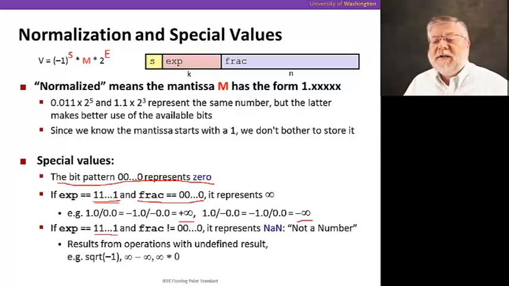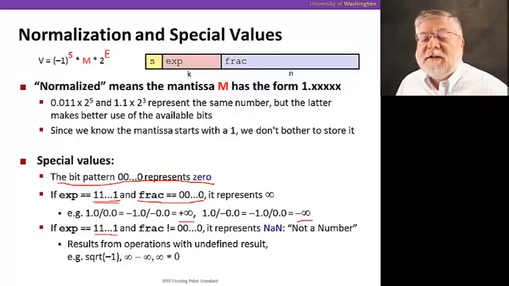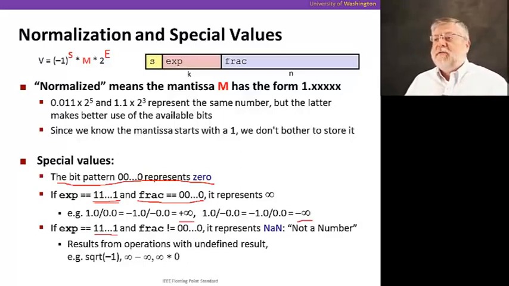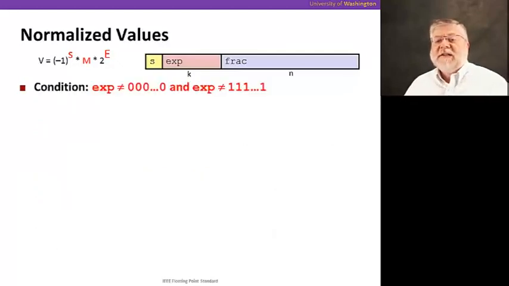And not a number is an important value to use for operations that have an undefined result. Things like the square root of -1, infinity minus infinity, or infinity times 0. Those are clearly not ones we can come up with a numeric value for. So we're going to reserve these exponents of 0 and all 1s for this purpose. So now let's turn our attention to how we deal with that exponent field. Since we can't use all 0s and all 1s because we need those for those special values,